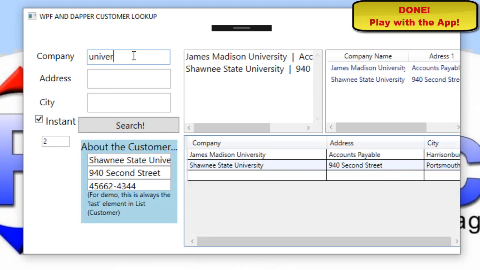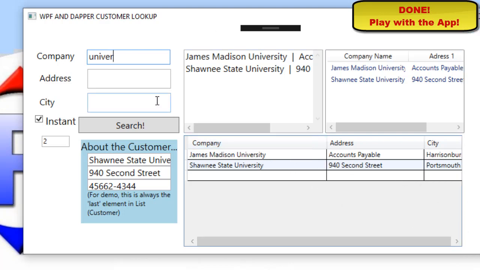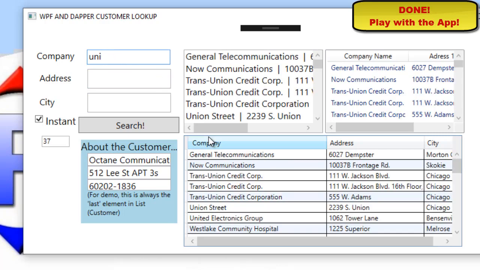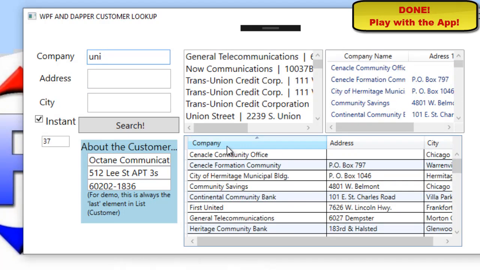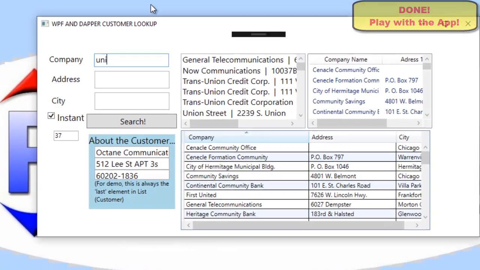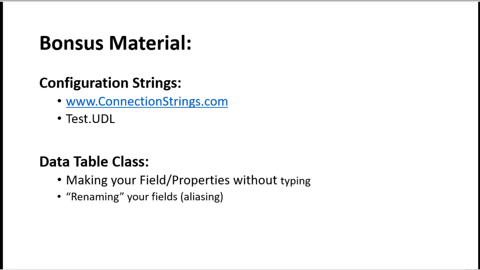Okay, that's it. Certain little things for the fun of it with WPF controls. We alternate grids for coloring and things like that. No big deal, but that's it. We are done. Now we're going to do some bonus material, and I'll be completely wrapping up. Thank you much. Hold on. Okay, bonus material,